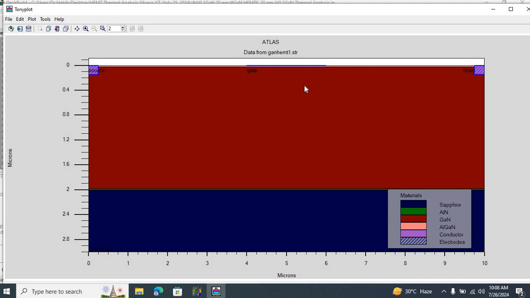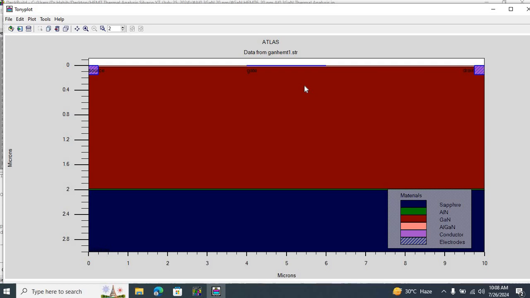Now I'm going to demonstrate the simulation of this structure with and without heating, that is with and without thermal effects. Now, why do we want to see the thermal analysis of gallium nitride HEMTs? There are several reasons why thermal analysis is crucial for gallium nitride HEMTs. First,